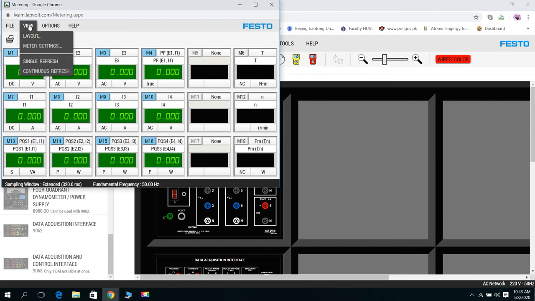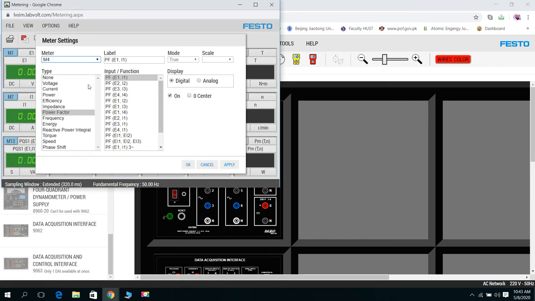Then coming towards view, I am selecting another meter. We have different types of options. We can make them our desirable meter, whatever I want to make. Like if I want to make an energy meter, I can do that. If I want to make a torque meter, I can do that. If I want to make a speed meter, it will indicate the speed.